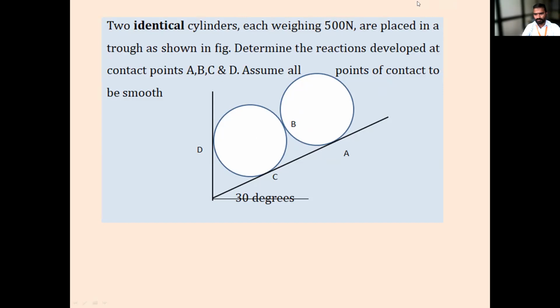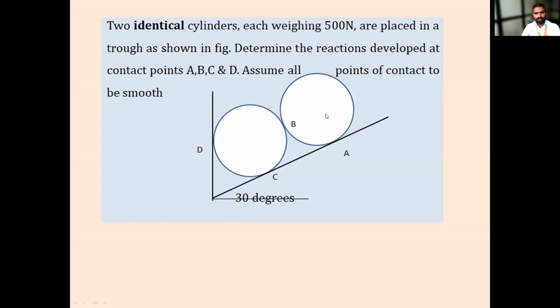In order to apply the theorem, what were the necessary conditions? The number of forces should be 3. All the forces should be acting at one point, that is, the forces must be concurrent. The body should be in equilibrium. And the third point: there should be only three forces.